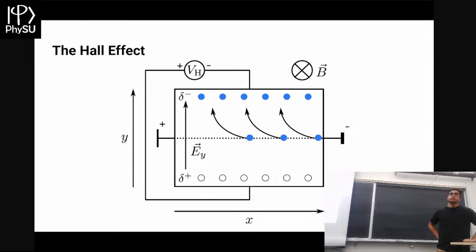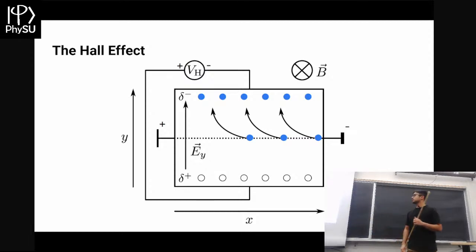This is a top-down view of a 2D metal. So we have a magnetic field here pointing into the page. Now we just imagine if we have this 2D sheet of metal, we have a current going across it. We know from the Lorentz force law, we'll get a deflection of these charged particles, right? So you can work it out with the right-hand rule. It turns out that these electrons move upwards.